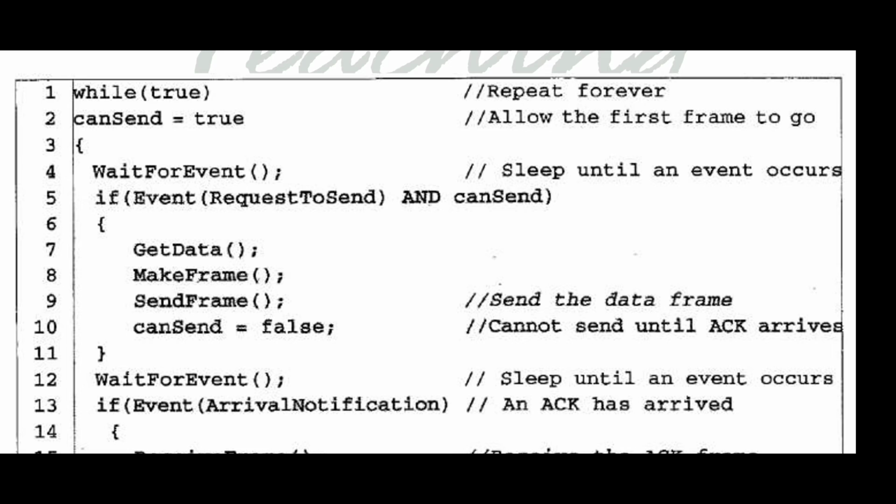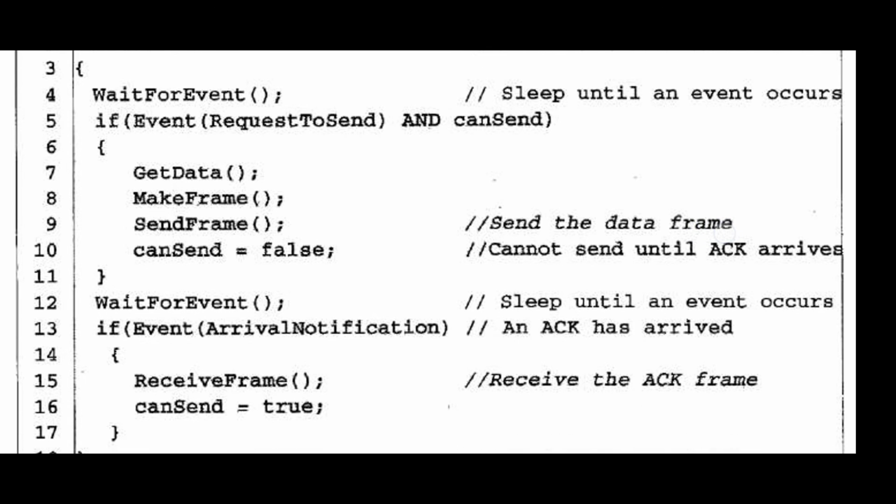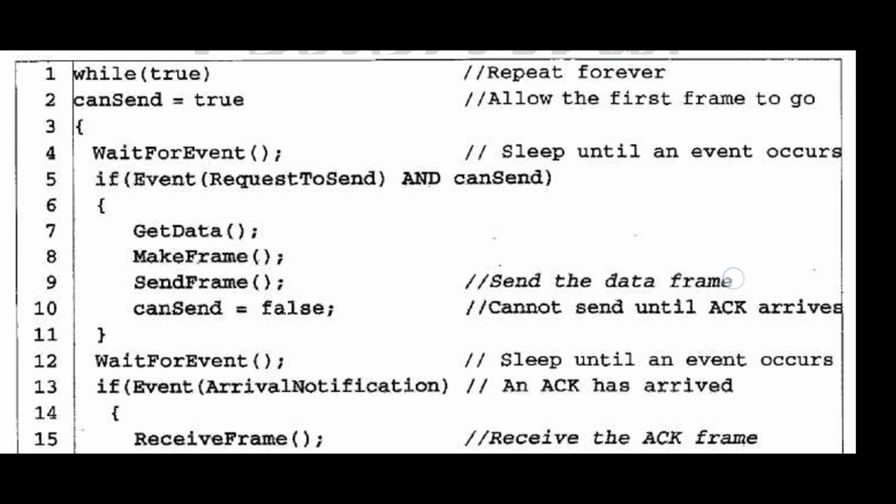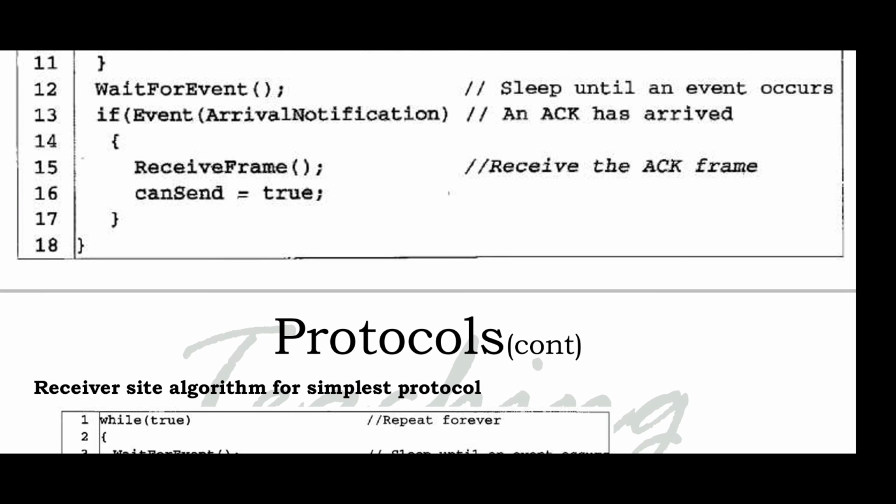If the event is a request to send and can send is true, only then will it get data from the network layer, make a frame and send the frame. Can send flows, and it cannot send until the ACK arrives from the receiver side. Then wait for an event, and if the event is an arrival notification, then the ACK has arrived and it will receive the frame and can send is true. So this will rotate whenever the ACK is received or a request to send is there. So this is the protocol algorithm for the